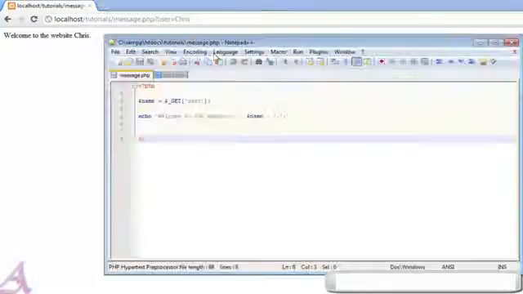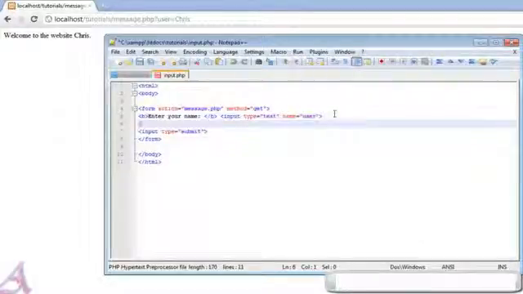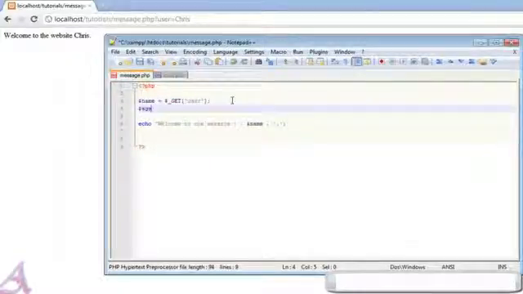And if we go over to here, we can also add multiple things. So let's just add another one under here. So enter your age, and then we'll also end the bold. So we're going to put input type equals text, and then name equals age, and we're just going to grab the age from the user, and then you can go back over here. Right under here, we're going to add a new variable called age, and all you do is use the get method again, and then we're going to get age, and then we can just say welcome to the website name,